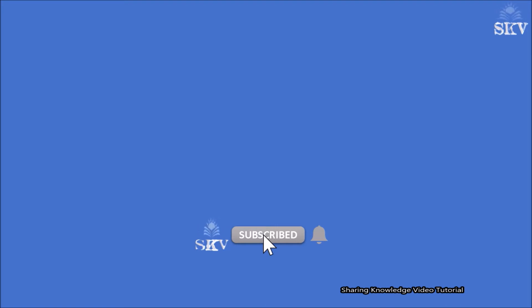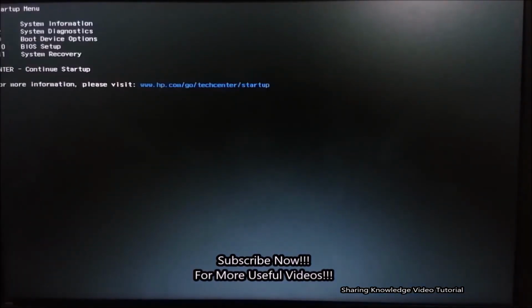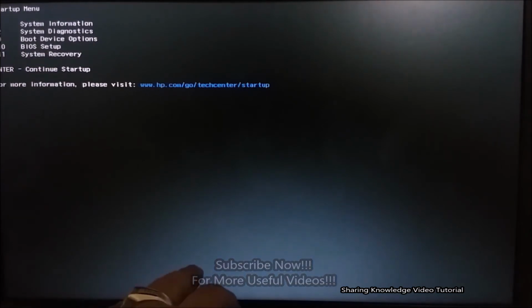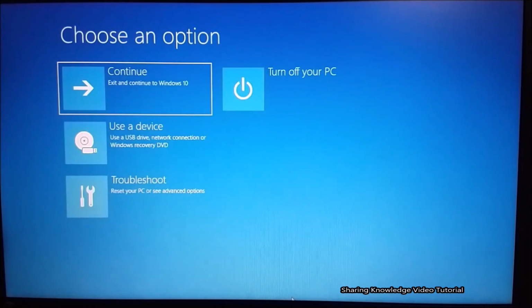Okay. First of all, you need to access the Advanced Startup options. You have 3 ways for this. Okay, let's start. Firstly, restart your PC or laptop, then quickly press the escape key with restart. It will show you a list of options associated with different keys. Then press the F11 key to access the advanced system recovery options.